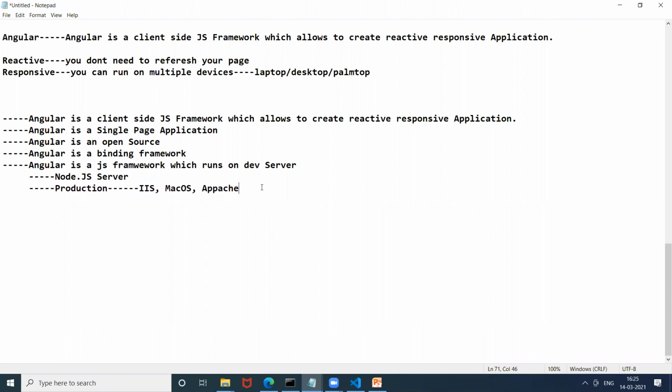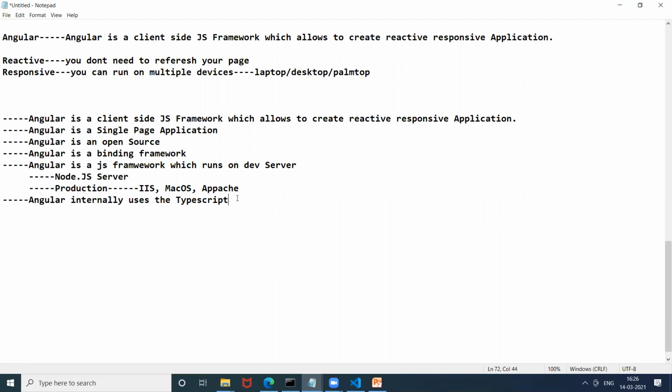Angular internally uses TypeScript, and TypeScript is a product of Microsoft.